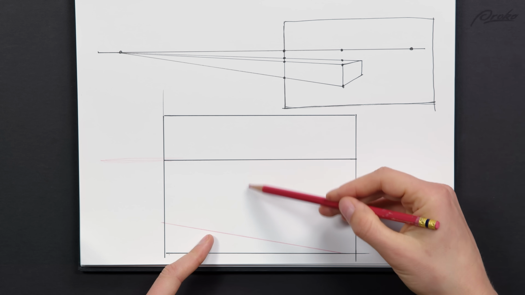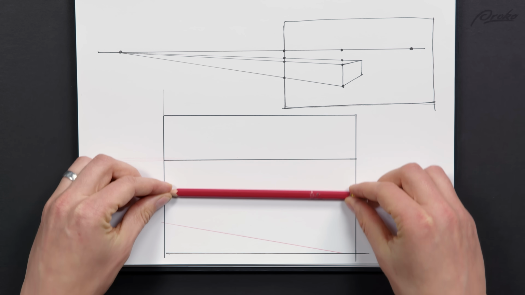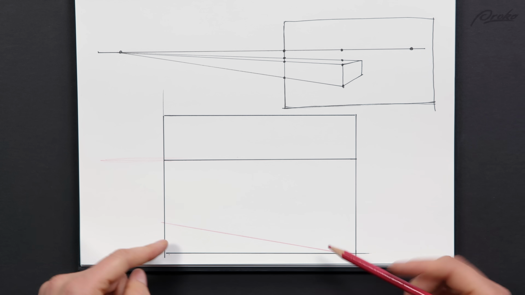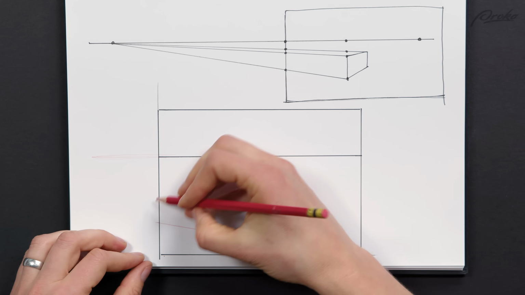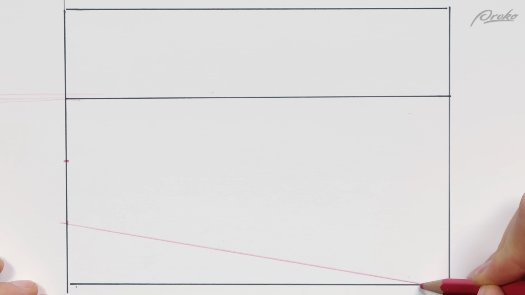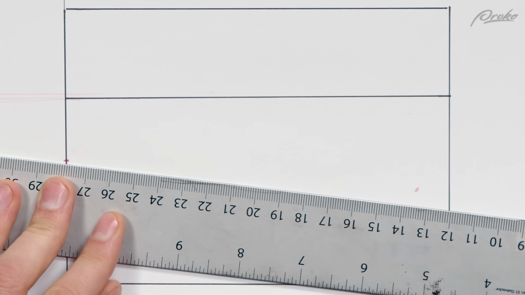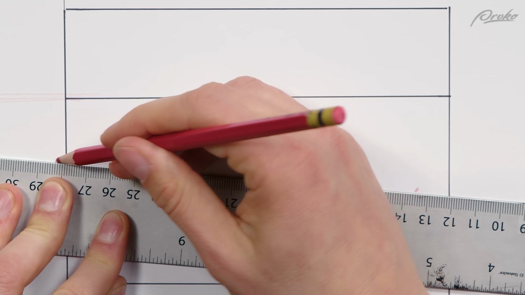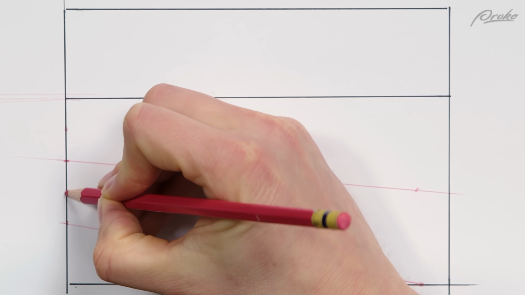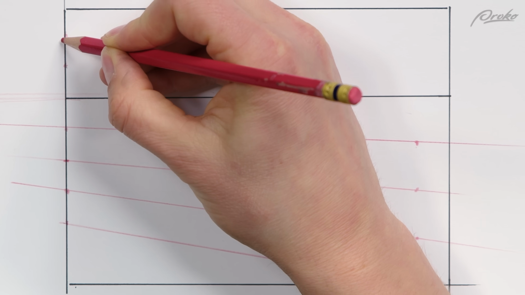And then in between this and this, we just need to create convergence that all leads to the same vanishing point. And I already mentioned that they scale proportionally. So if the halfway mark here is there, then the halfway mark, right here where it crosses the border, is here, then we know that the convergence at this level is something like this. And then we can divide these in half. And if I want, I can keep going. I can create the same units above the horizon.